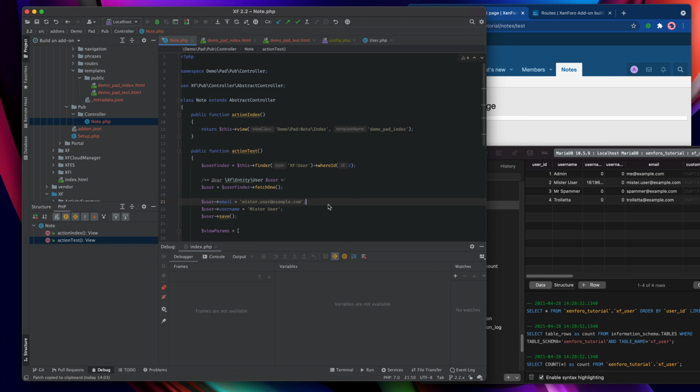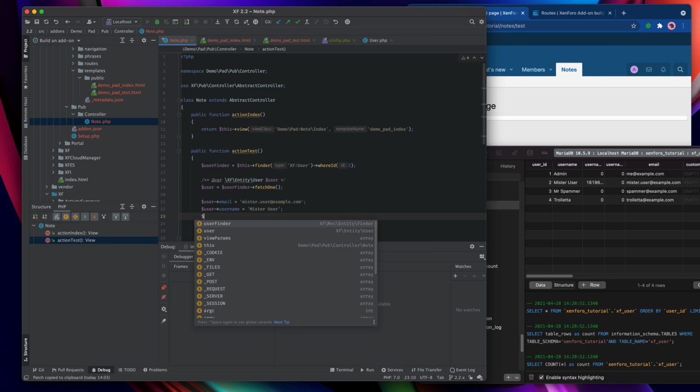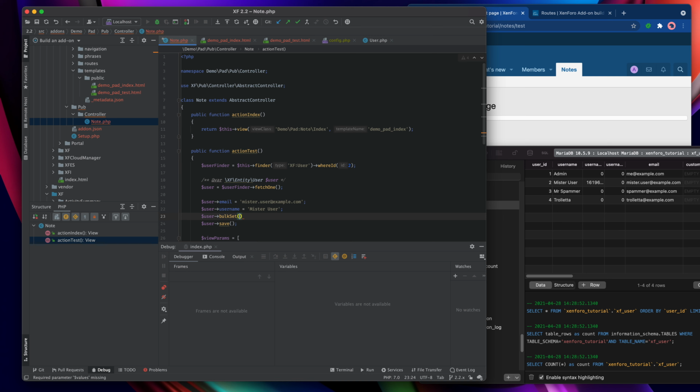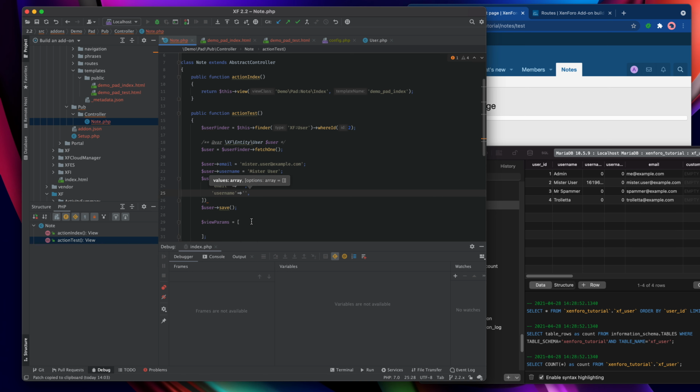You can also use a thing called bulk set, which essentially allows you to pass an array of name-value pairs into a function to have them all set on the entity, and it looks something like this. You would just say user bulk set, and then you'd have your array of email would go to whatever that is, and username would be that, and essentially you just set up your name value pairs like that in order to have them all go with a single command, which is great if you've had them all come through an input filter or something like that.